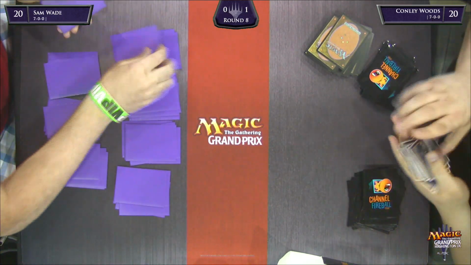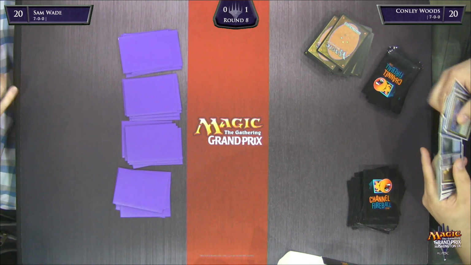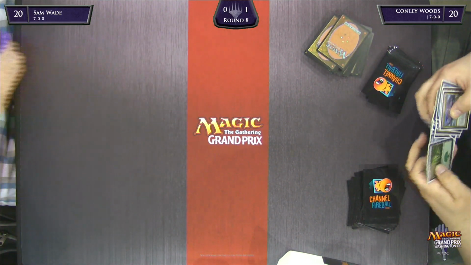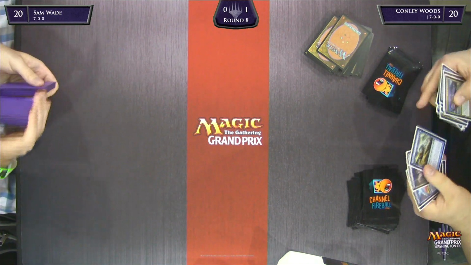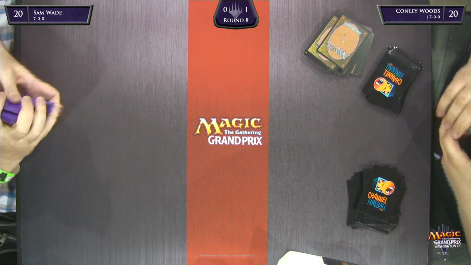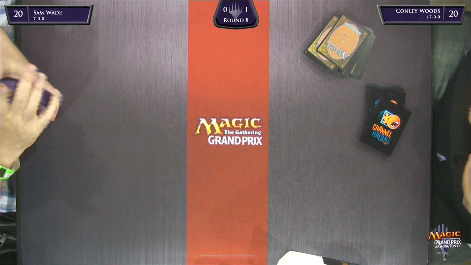I'll play first. So Sam and Conley are both 7-0 here. They've got the coveted perfect record. I don't know how many byes Sam had. Conley had 3, I'm assuming. Good place to be. And it's always nice to lock up day 2. You know you get to draft. Yeah. But this is where they really have to finish, right? I mean, this is where, like...